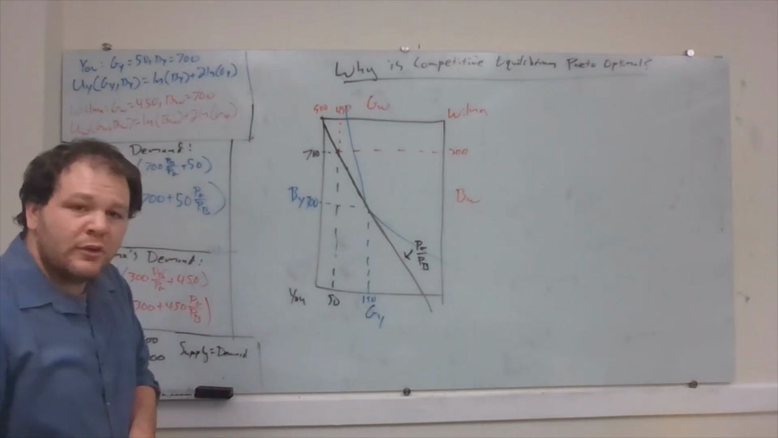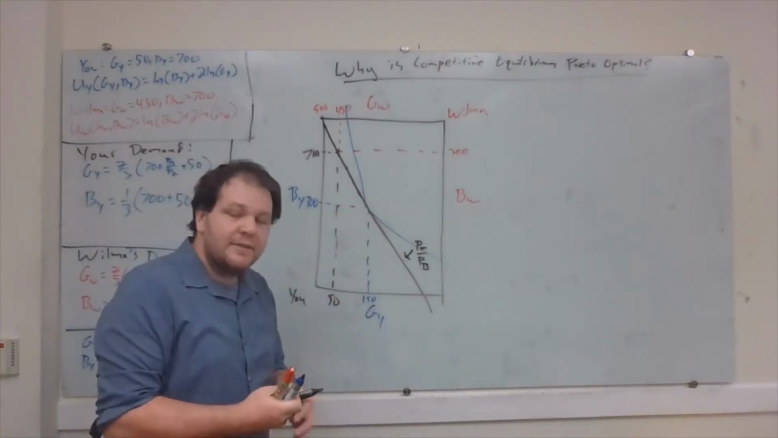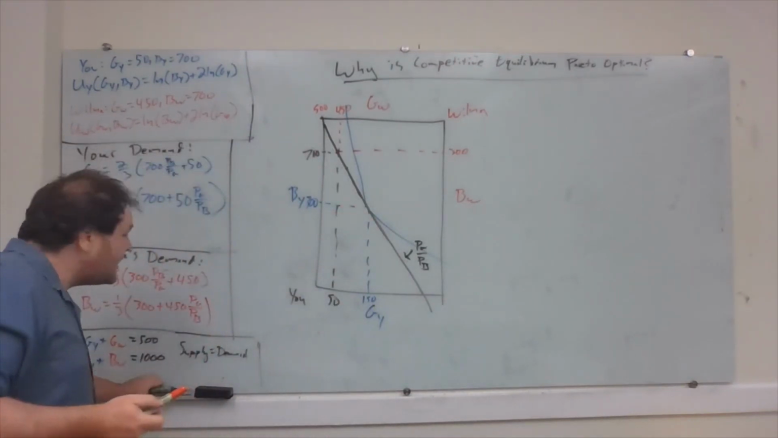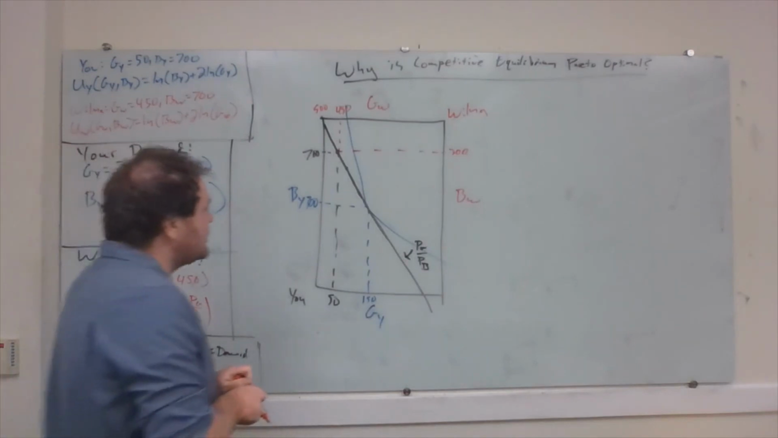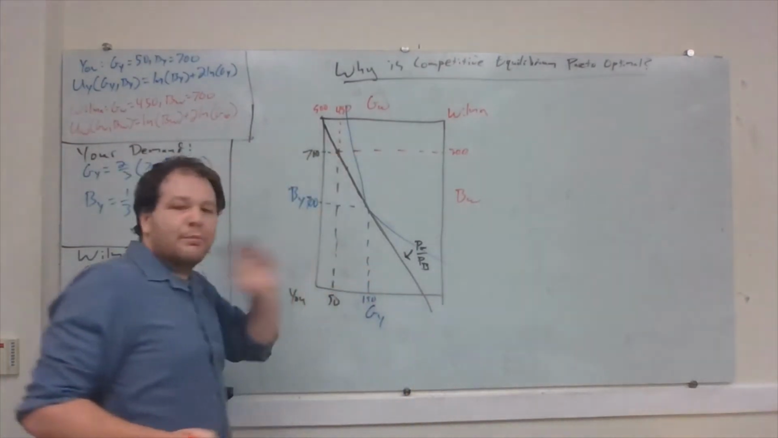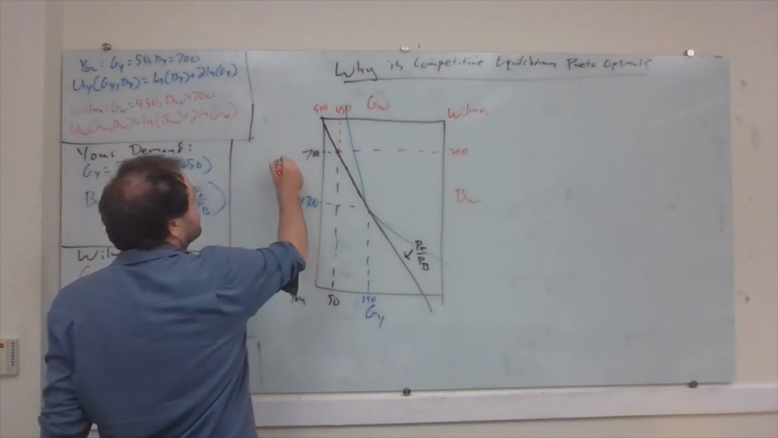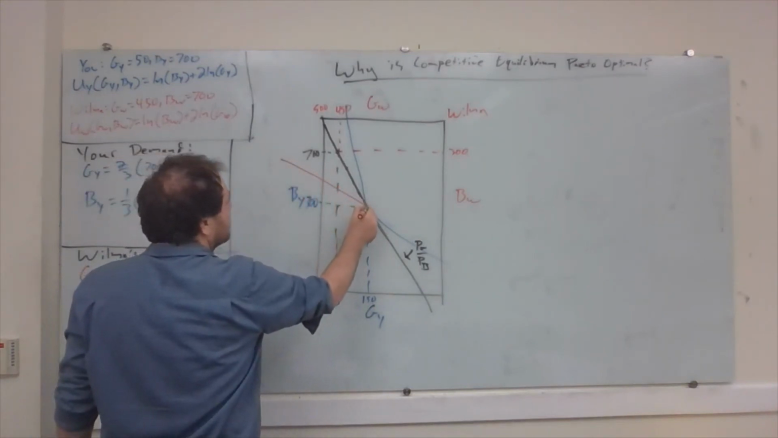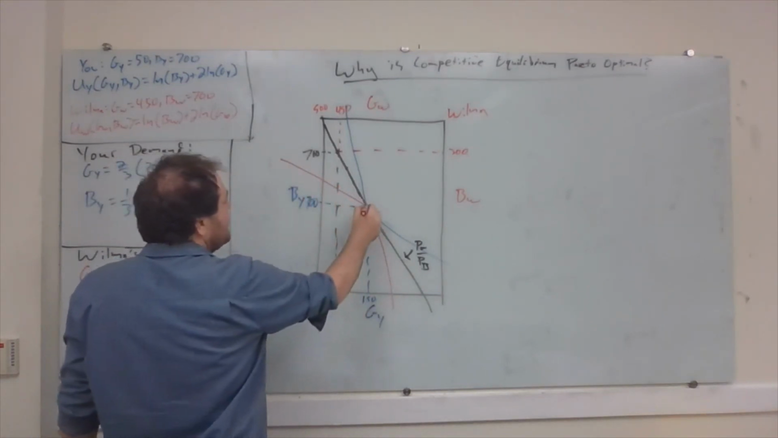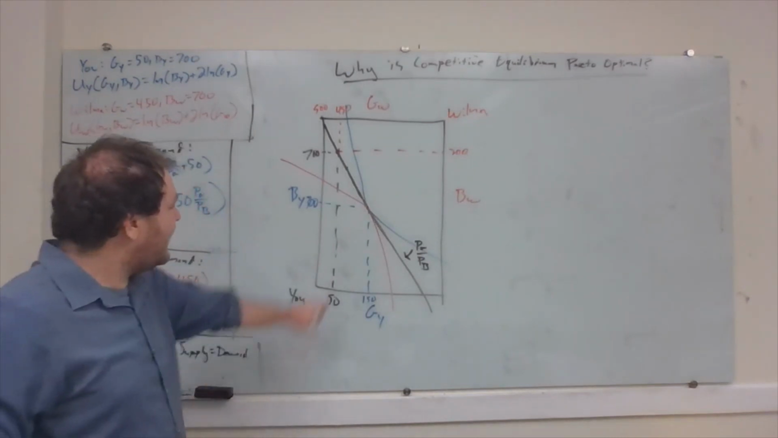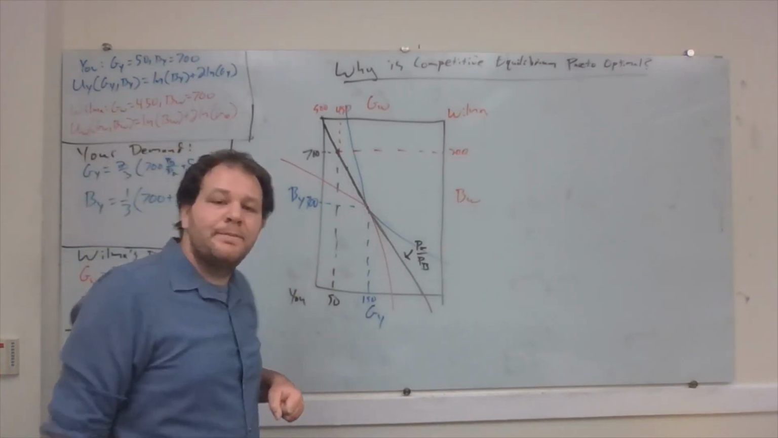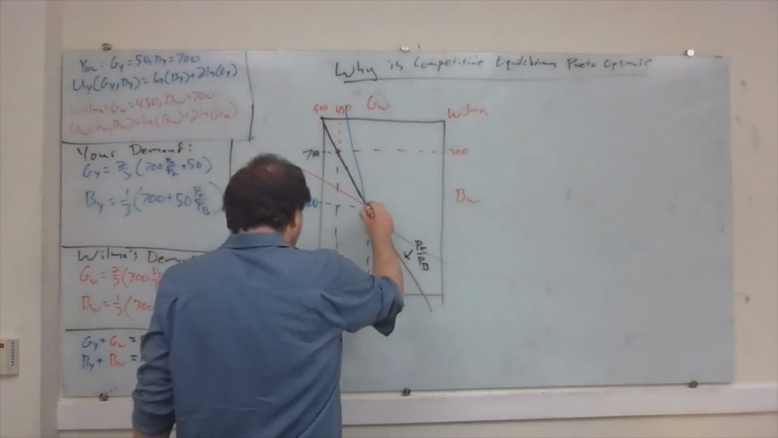Now what's Wilma going to do when she makes her optimal choice? She's going to do exactly the same thing that you did, right? She's going to look at this and she's going to say, well, given the set of prices, I'm going to choose to be tangent to my budget constraint, right? I'm going to choose my best choice. And that has to end up being